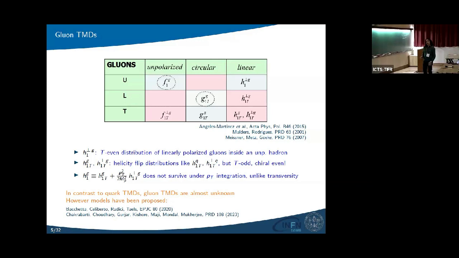Okay. The difference, also comparing with quarks, is that these objects are zero if I integrate over transverse momentum. So there is no analog of transversity for gluons. So we don't know much about gluon TMDs from experiments. But now we have models, for example, the group of Pavia has a spectator model for gluon TMDs, and Asmita and collaborators are also working in this respect. What I would like to mention is how I can relate the different